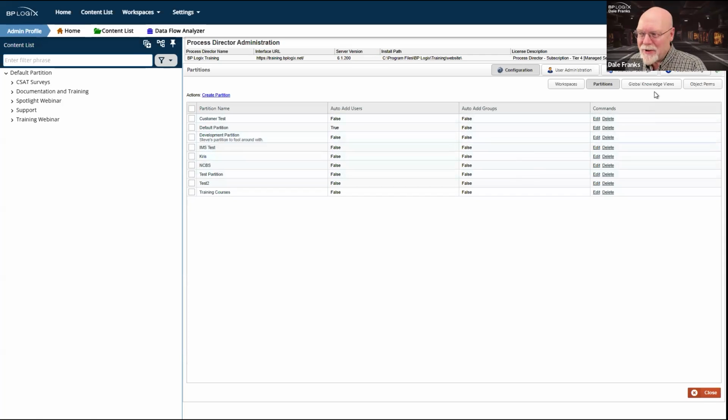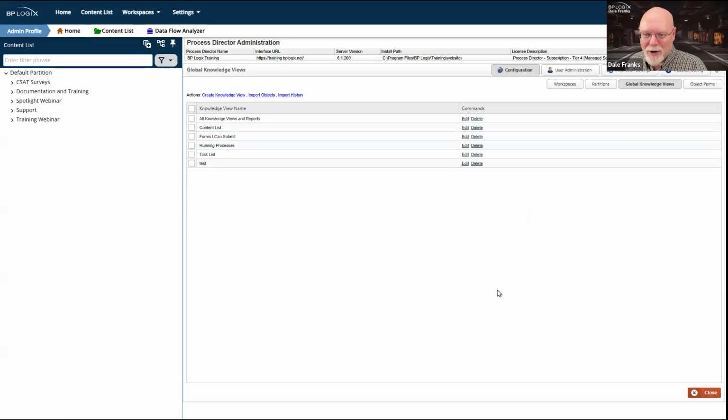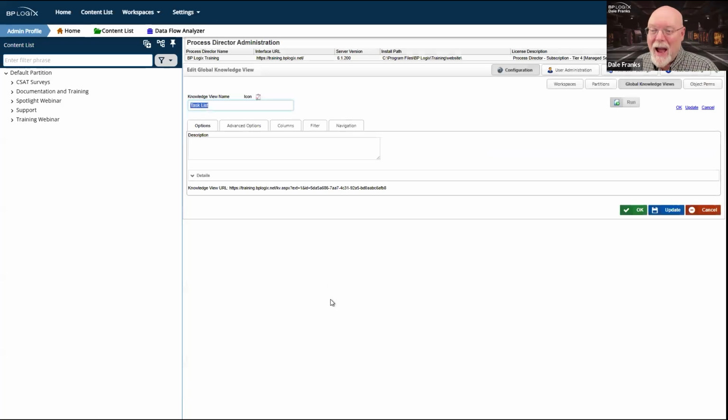They can also go in and change all your global knowledge views. And we've seen this happen with people who said, we'll make people a system administration config, and they sit there and they're building an application and they say, I don't like the way the regular task list works. I'm going to change it. And they go to global knowledge views and they open up the task list and they change it.